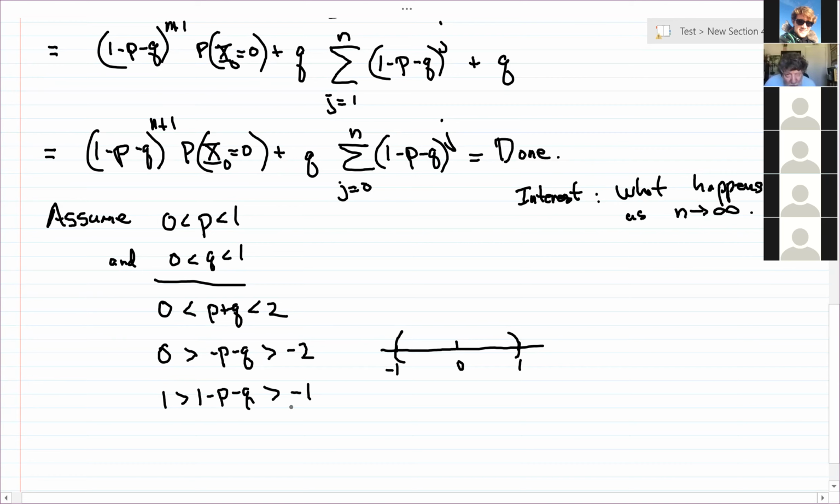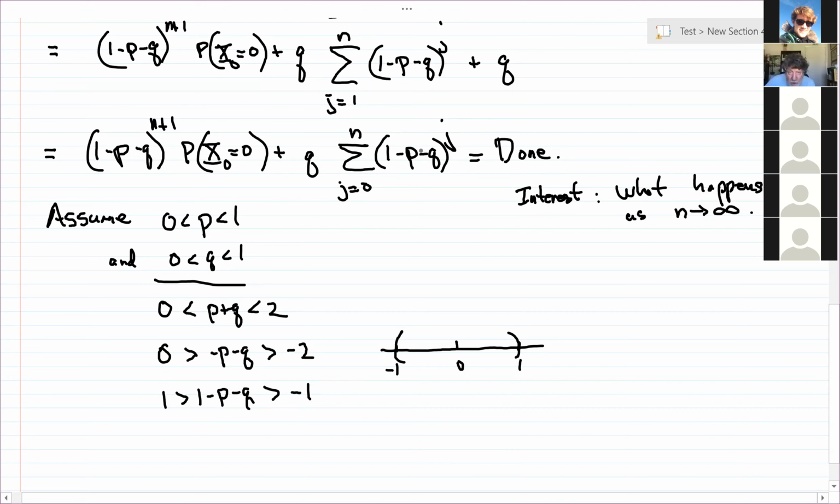And why is that important? Well, that's important because that means 1 minus P minus Q is also a proper fraction. I guess it could be 0. But when I say proper, I mean it's not bigger than 1 and it's not less than -1. So it's like a probability, except it could be negative. But it's strictly between 1 and -1. That means